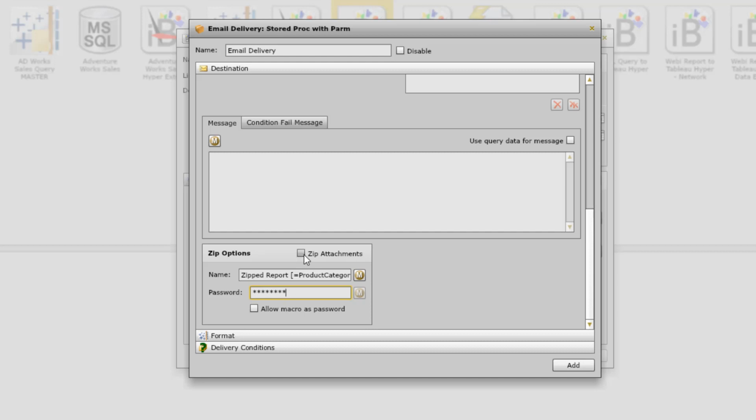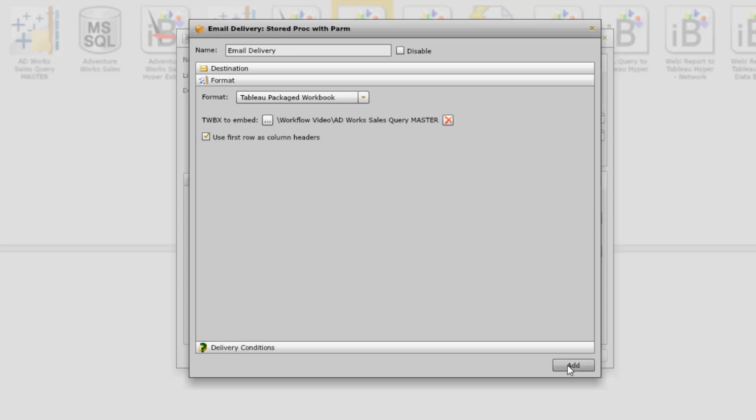and I have to make sure I check this zip attachments. So what this should do is send 4 separate emails, one to the managers of each of the product categories with the zip file attached again. The zip file will have the TWBX inside of it. Click on add,